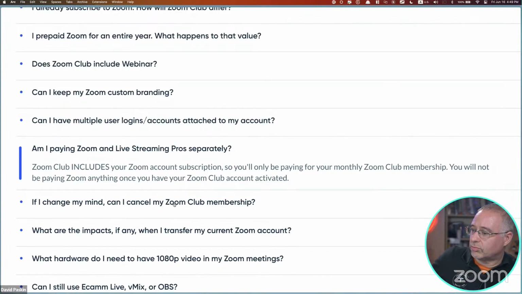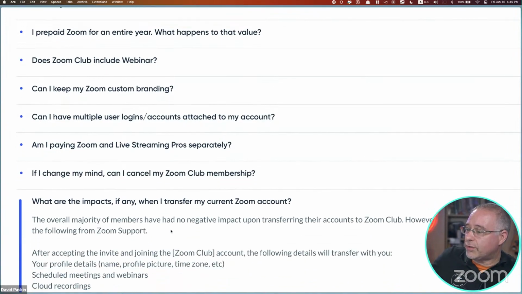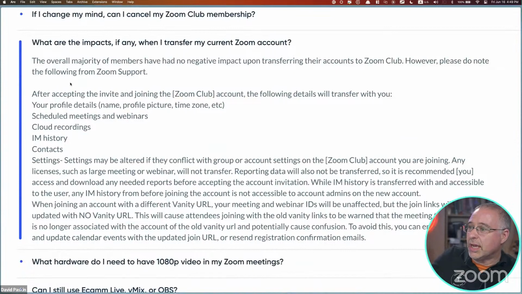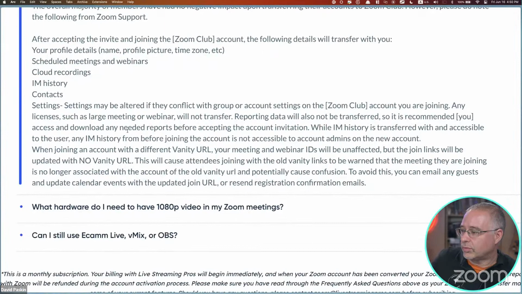Now, the transferring is interesting, because the question is, what are the impacts if I transfer my current Zoom account? This looks like they're simply adding you to a business account. This is exactly what happened when I changed from a pro to a business account a couple weeks back.